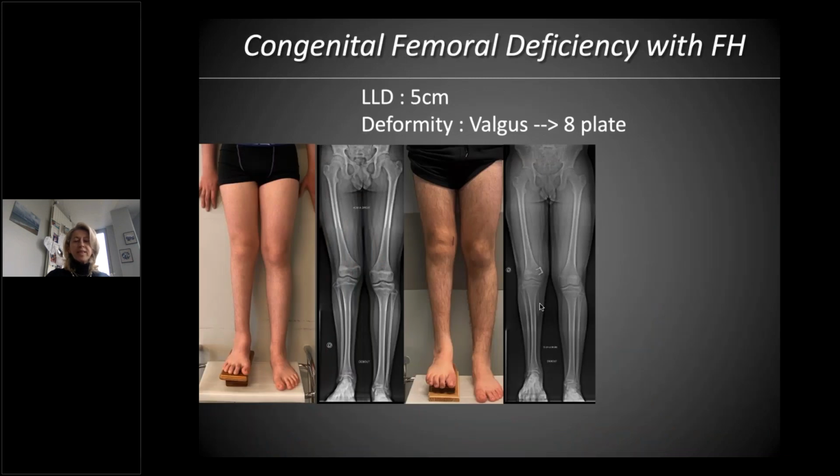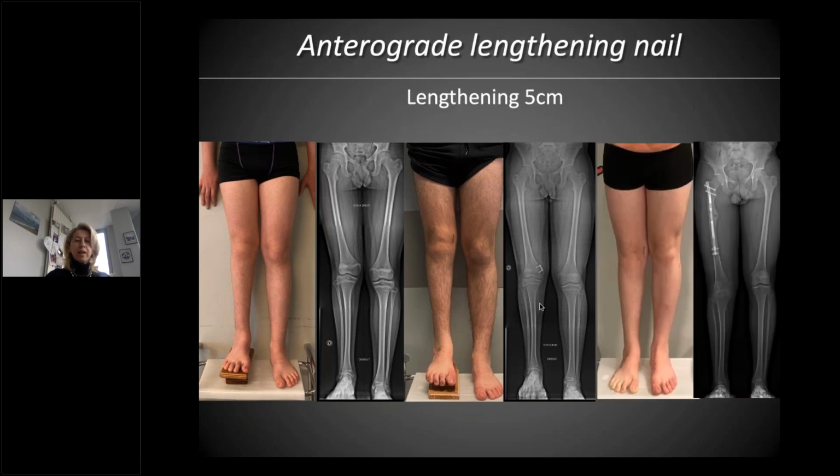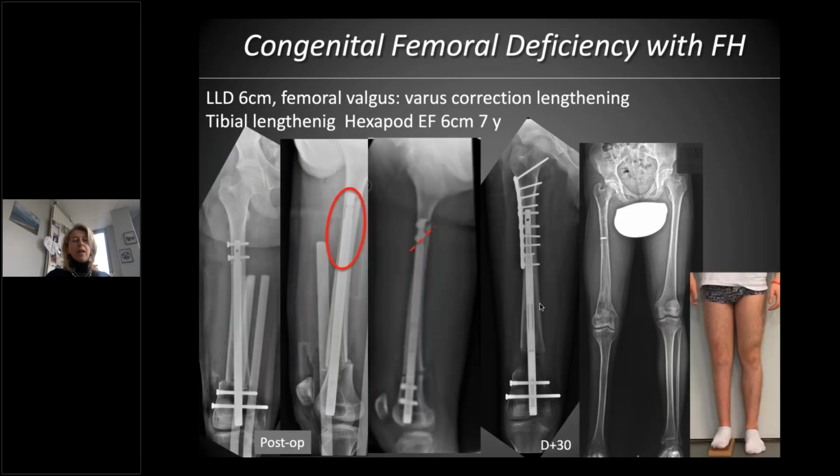In another patient with a similar deformity and discrepancy, we started the follow-up earlier, which allowed us to correct the valgus deformity with an 8-plate and then address the length discrepancy with an anterograde nail at the age of 15. This way, we avoided trespassing the knee joint. Even though lengthening with the nail is a safe technique with fewer complications than the external fixator,